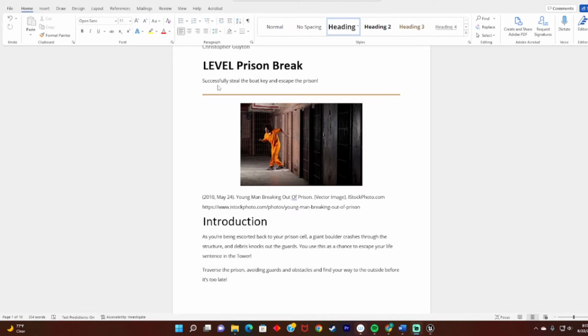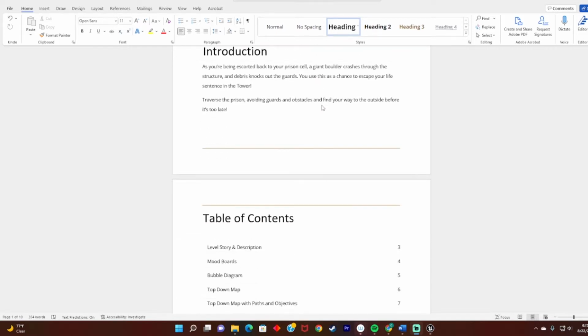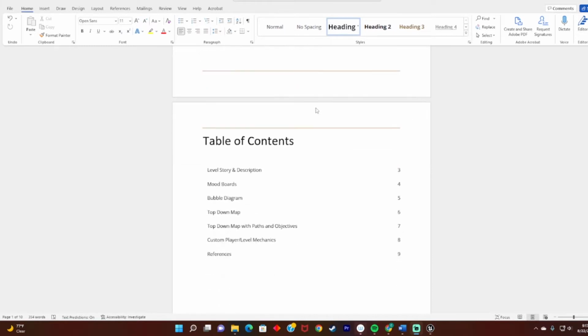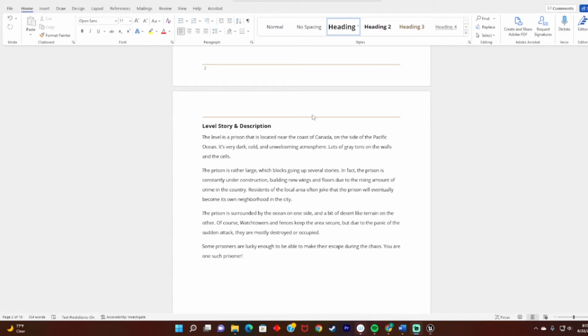Initially, the idea here is the player was supposed to grab the boat key and escape the prison, but I since changed it to a car key. The reason being was that I didn't really have time to implement water physics, which was a completely different animal. But if we scroll down the level story and description here, it's just a prison that's located on the